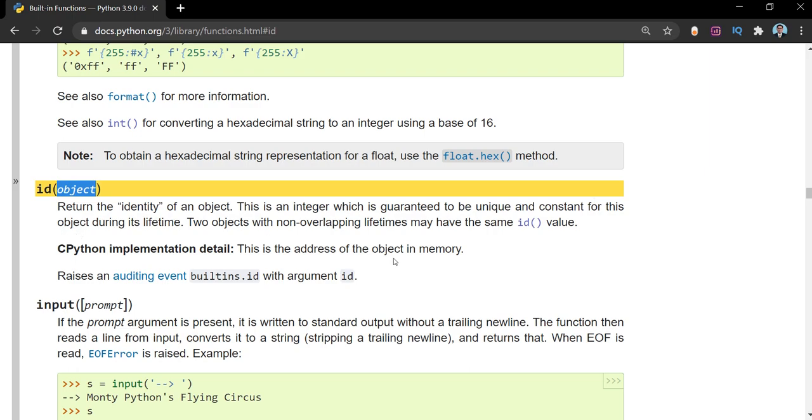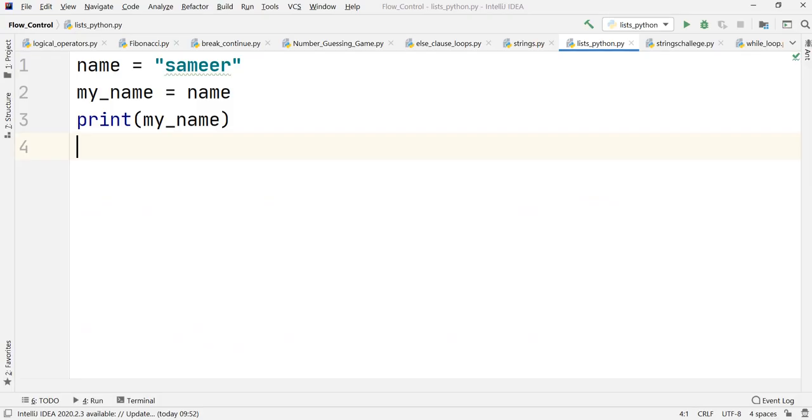In simple terms, let us observe what they have said here: this is the address of the object in memory. This is the important part that I want you to understand. Basically, this function gives us the memory address of that particular object, and the object in our case would be our variable. So we are going to see whether Python is having the same address, because as you know, variables, when they are created, will have unique addresses or unique memory locations if they are different. So in our program we are going to check whether there are two different addresses for our two variables, or whether we are dealing with only a single address.